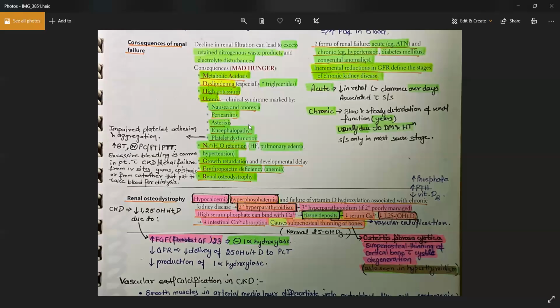You will be having the activation of fibroblast growth factor 23, not the 3, 23, right? And this fibroblast growth factor 23 will cause the inhibition of 1-alpha hydroxylase in order to maintain the phosphate levels, right? Remembering? So in that case, you'll be having a low level of vitamin D. And because your vitamin D is not there, you'll be having a low level of calcium now. But eventually the phosphate level will rise in your body. So hyperphosphatemia and hypocalcemia will be there.